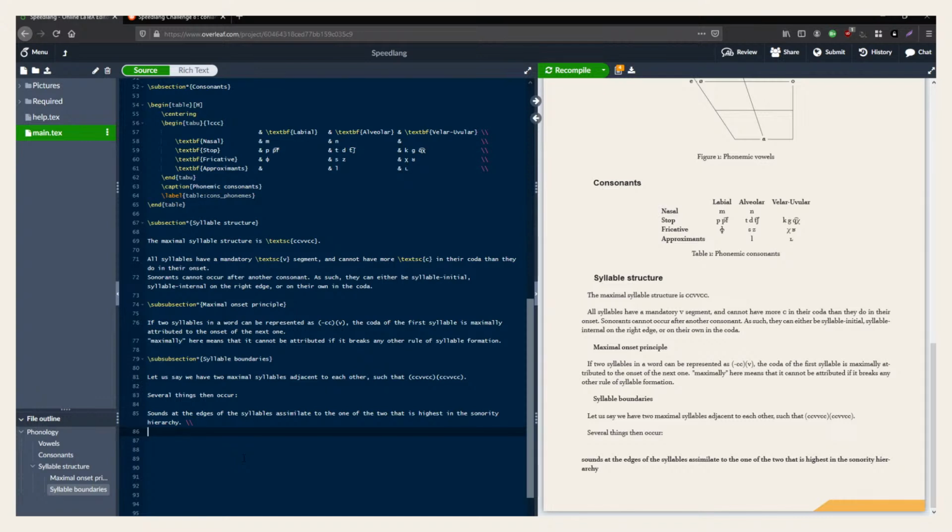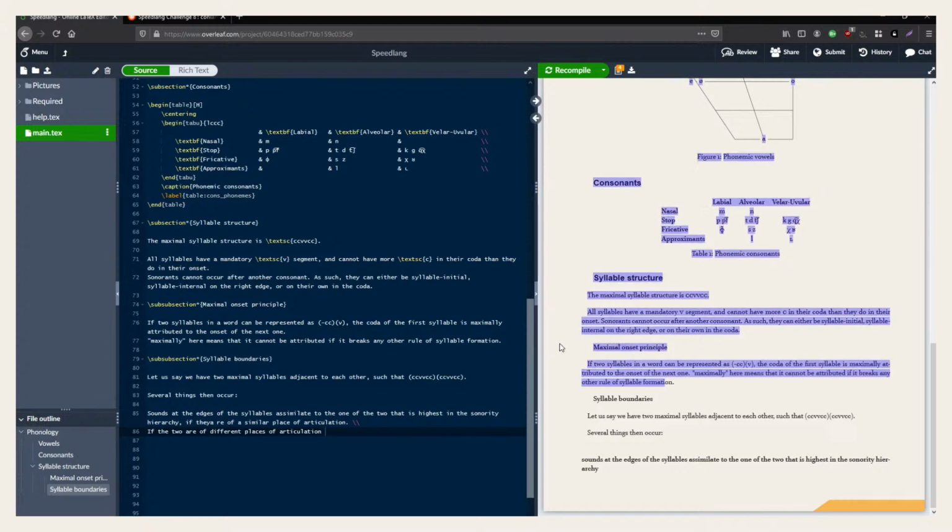If they can't, if the two are of a similar place of articulation, if the two are of different place of articulation,